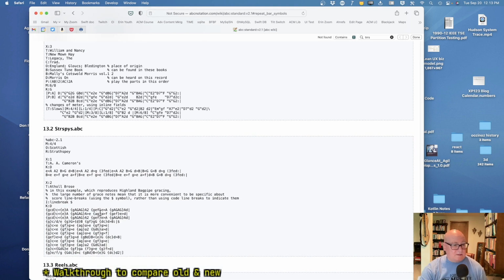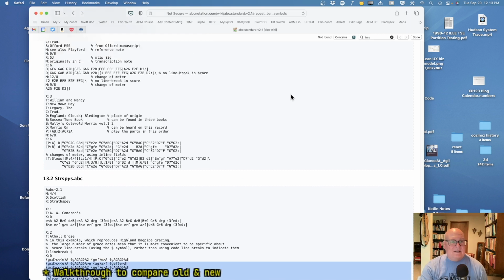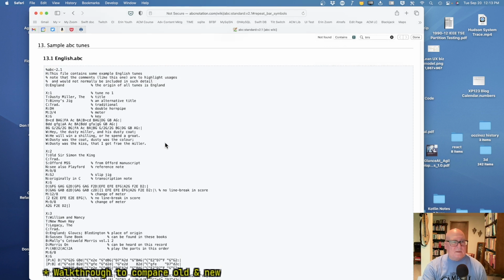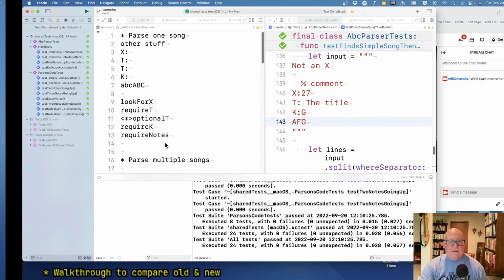Okay, and then this one's a huge multi-line one with lots of grace notes. A good bagpipe tune. So it's very common. I mean, anything shorter or longer than a simple kid's song probably is going to need, or want, multiple lines. Okay. So yeah, that's that. All right. So I think,